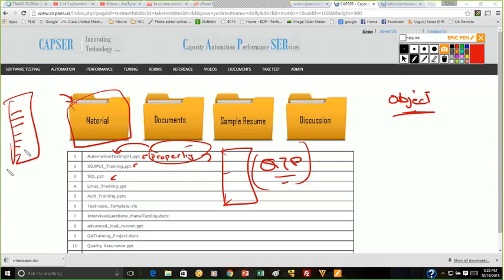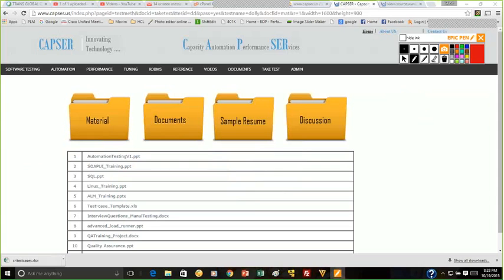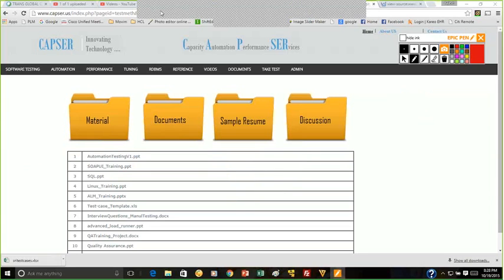All you need to do is put it into your script and execute it. It will identify this particular object during runtime. Any other questions, guys?